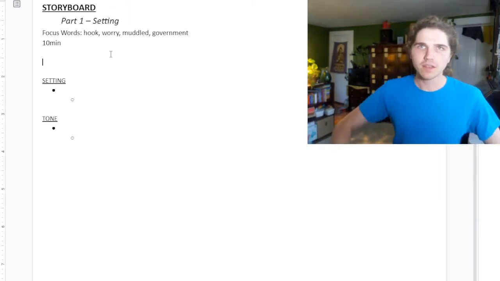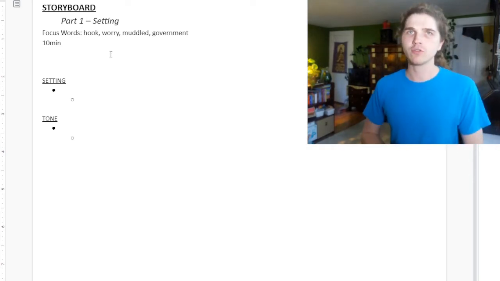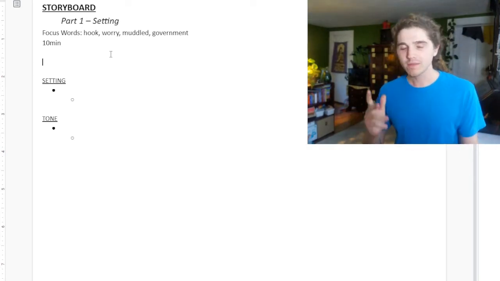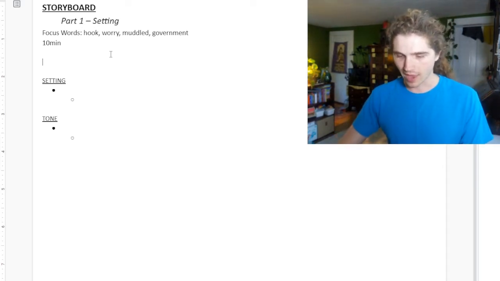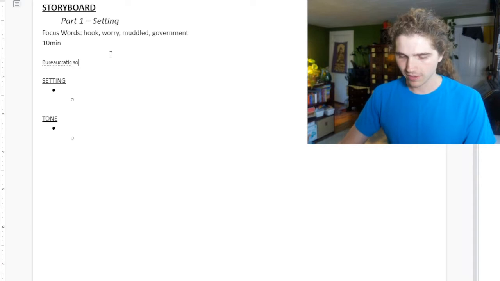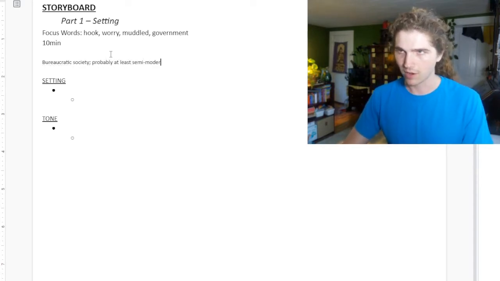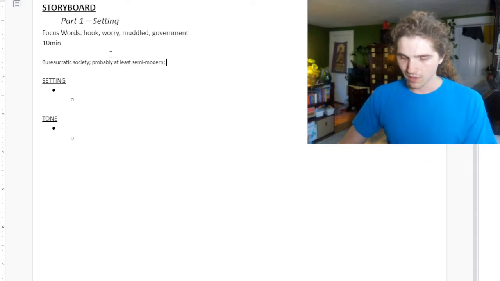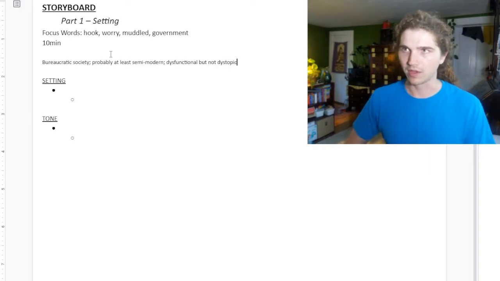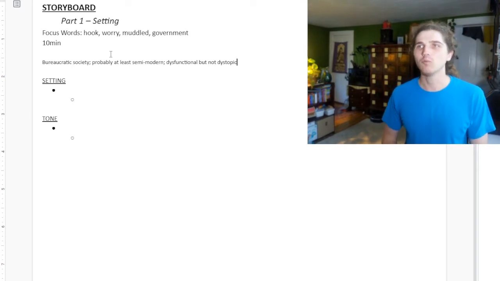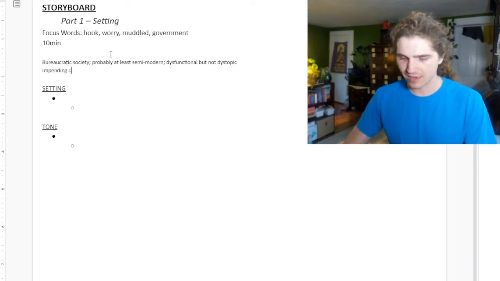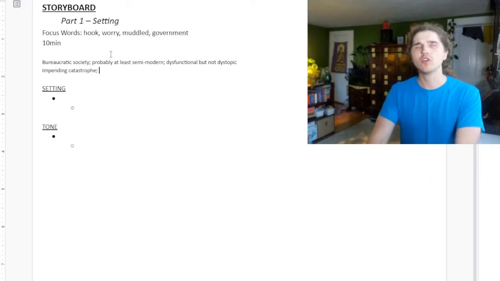So let's immediately look into here. The focus word that I'm most interested in here is hook. Worry, muddled, and government all kind of go together well. We're going to be probably looking at a bureaucratic society, probably at least semi-modern, dysfunctional, but not dystopic. Because that gets the muddled government thing in. Worry, we can talk about impending catastrophe. We could maybe look at